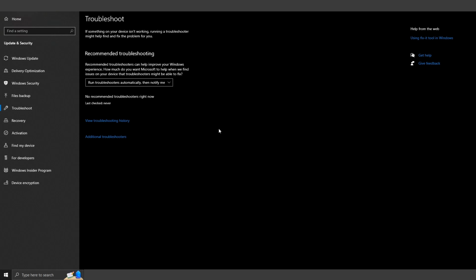A new window will pop up, prompting you to log in with your Microsoft account. Enter your credentials and log in. After logging in, you'll see a list of devices associated with your Microsoft account. Find and select your current device from the list. Then click on the Activate button once it shows, and this should resolve the error and activate your copy of